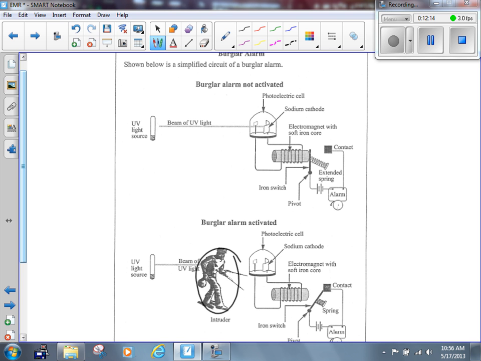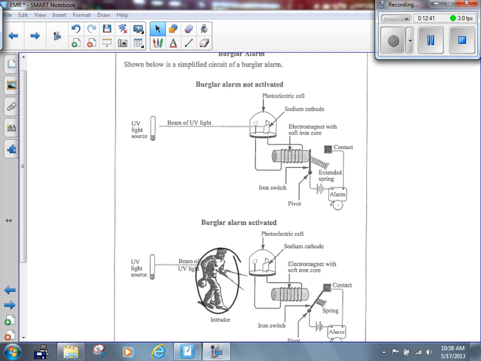I want you to take 3 or 4 minutes at your desks right now. Just think about what's happening here. See if you can identify some of the principles that apply here. See if you can identify how this burglar alarm is functioning when it's not going off and how it's functioning when it is going off. And see if you can give me some answers to those issues in 3 or 4 minutes after I've given you that chance to think about it. All right, we've had a chance to look at this now.